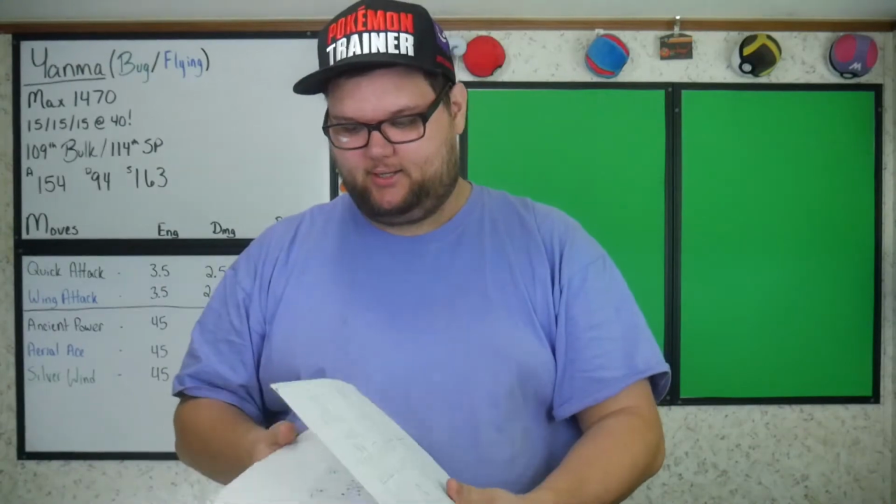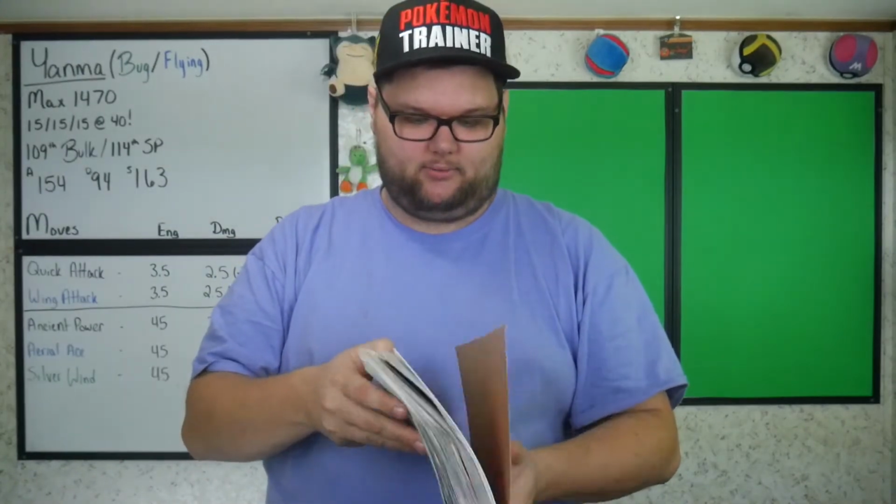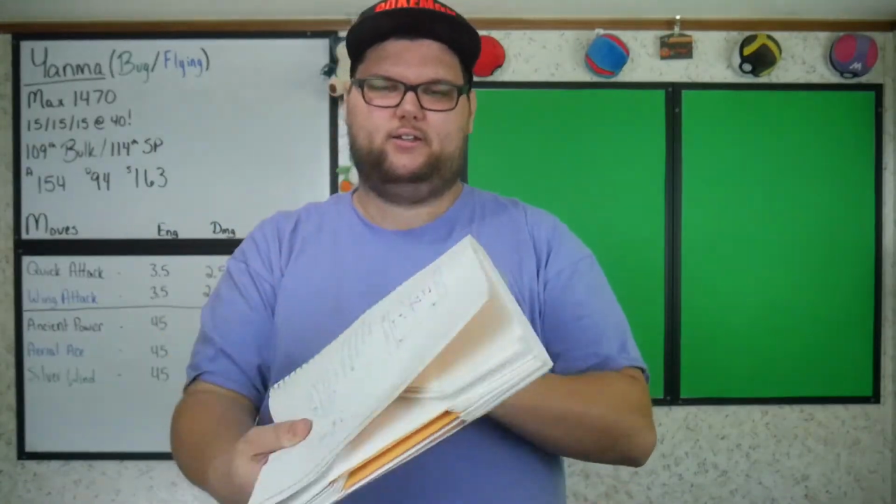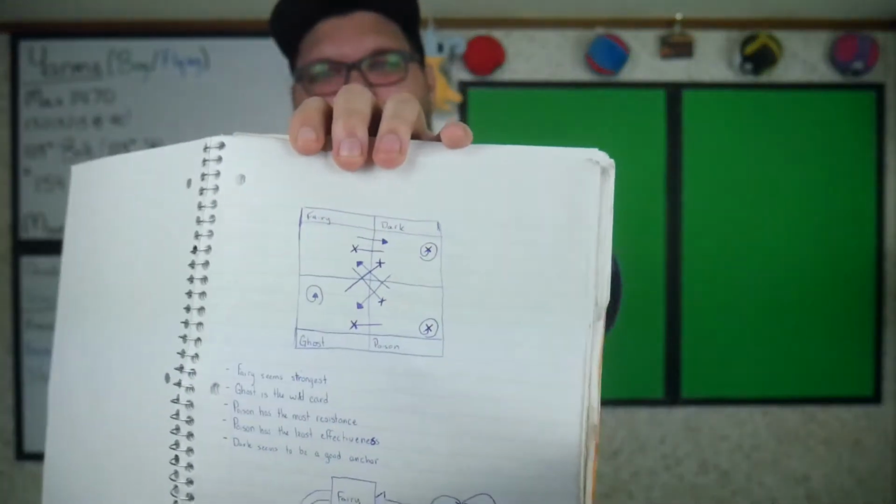Second update, this notebook, which I have done every deep dive and video on. When I started seriously doing deep dives, I started folding the pages, but this is all the way back in the Twilight Cup when I wrote down all of my top choices from each type. So anyways, once I started folding the pages and everything,